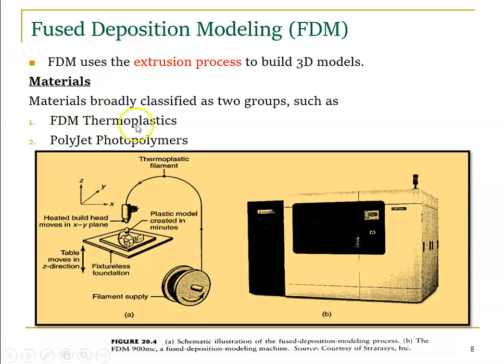Generally, materials used for FDM are thermoplastics, as well as PolyJet photopolymers. Right? So this is one of the examples of FDM machines. So we have a filament. Filament is a workpiece. So the workpiece is a solid and the form is a wire form, right? So the raw material is in wire form. One end of the wire is attached to the nozzle and the rollers are attached here. So if the roller rolls, the nozzle will extrude the material, and the extruded material is placed on top of the table. So one layer is formed, again the next layer is formed on top of the first layer. So this is a similar process.